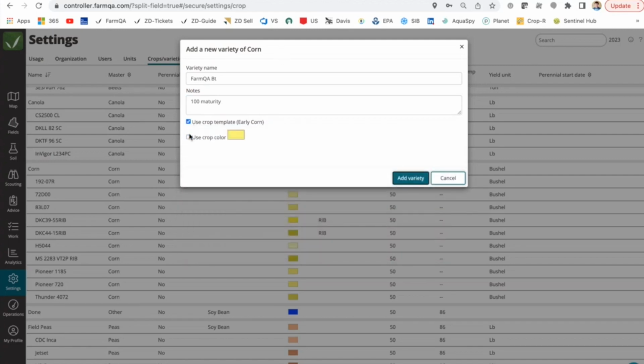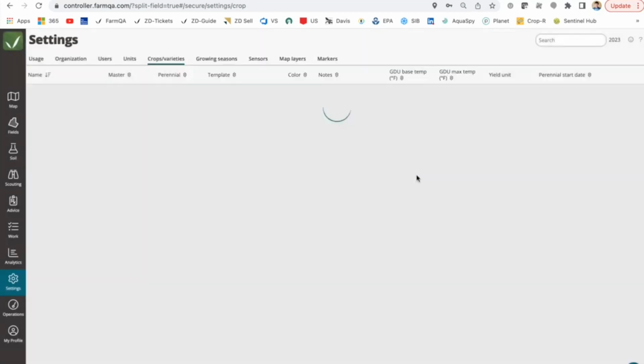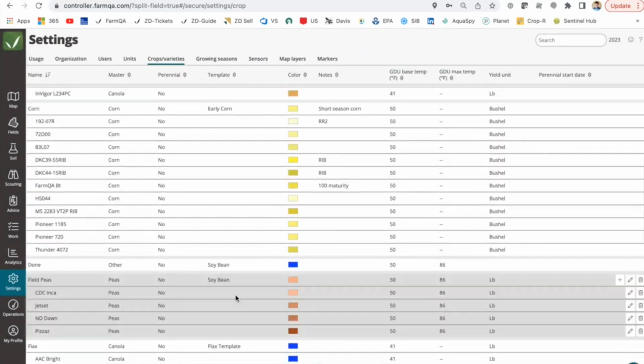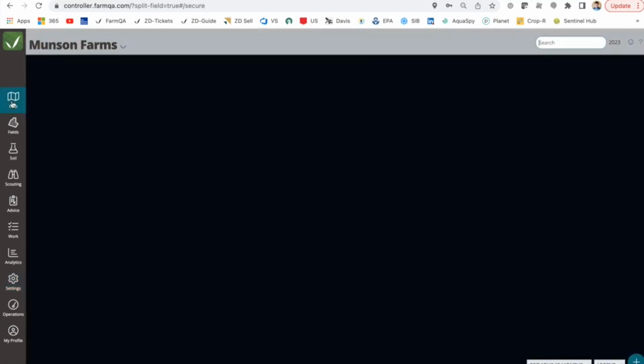The other thing you can do is choose a custom color. By default, again, it uses the same color as the crop. But what I like to do in my demo data is assign a different shade of yellow per variety. And then as I add that, you can see in my variety list, I have different shades of yellow in here. And the reason that we have the different shading is that, for example,